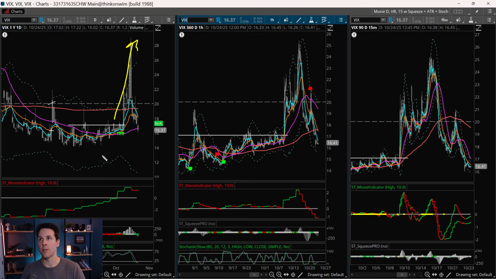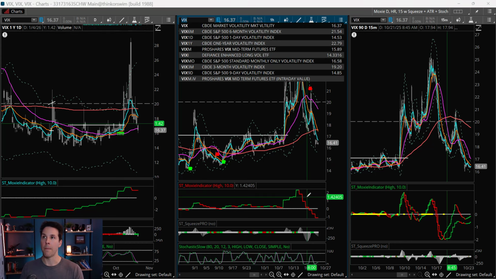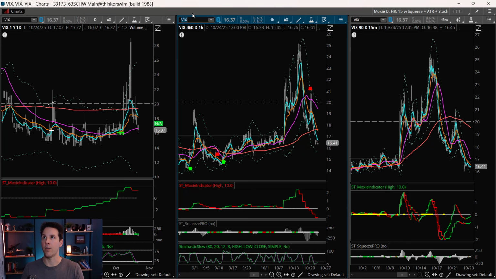We did get the VIX to spike to almost 30, like 29, and we did get the SPX to drop hard. And then since then, it did its blow-off top, and it's been moving down ever since. And as long as this doesn't set up again bullishly, I think we've got tailwinds for the market, and it looks pretty good. And basically the same story for the UVIX as well.